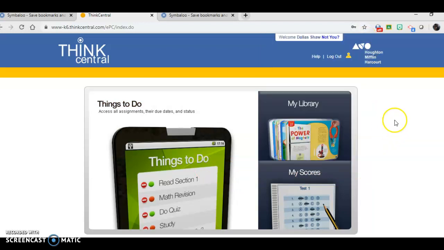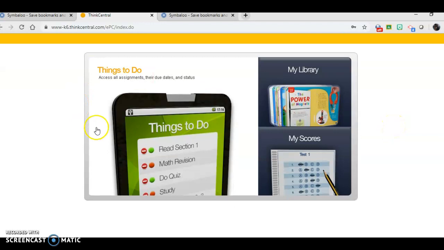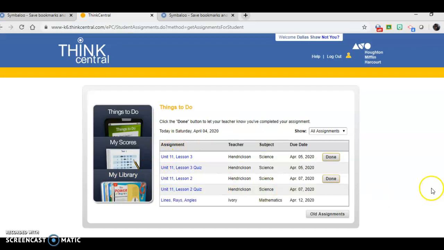All right, so now we're on our Think Central page, and this is where you want to go for your assignments. And then there's some cool stuff over here. If you haven't explored this, go ahead and explore this in your free time. So go here for your assignments, click on that, and you can see that you have some assignments from Miss Hendrickson that are due this week. So by the time you get this video,